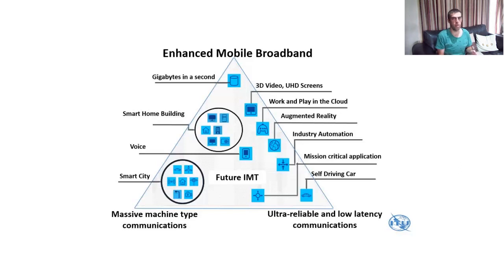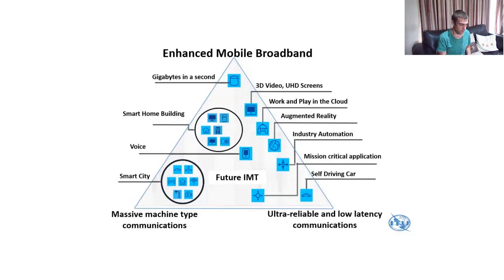So the industry, the people who are in control or largely involved with the standardization and specification of 5G, have three main reasons that they look at. In this triangle you can see in the bottom right there, the ITU, they are involved with setting the requirements. The three main reasons which you might hear people refer to in the technical world are, first, enhanced mobile broadband at the top, which refers to 3D videos, ultra high definition screens and content, gigabytes per second, that kind of thing. That's going to be the main reason for 5G. That basically just refers to the stuff that everyday people really use.